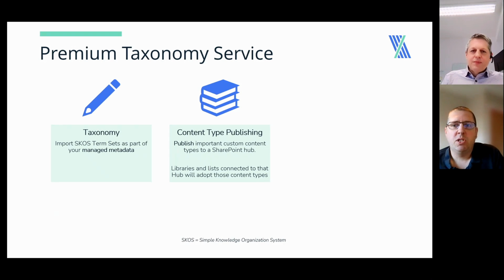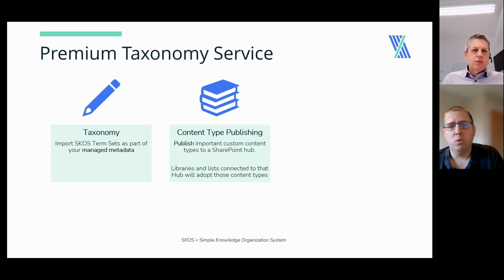The next one is content type publishing. So again, if there's any sort of SharePoint experts or admins in this, will be familiar with the concept of the content type hub. Historically, the content type hub would allow you to define your sets of content types and push them out to all of your sites. It might be a standard set of document types and then push them out to your project sites. What this now allows you to do is target that publishing to specific hubs. So if you have defined hub sites in your information architecture, then you can push your project management types to your projects hub and perhaps your commercial types to your commercial hub without sort of clogging all of those types